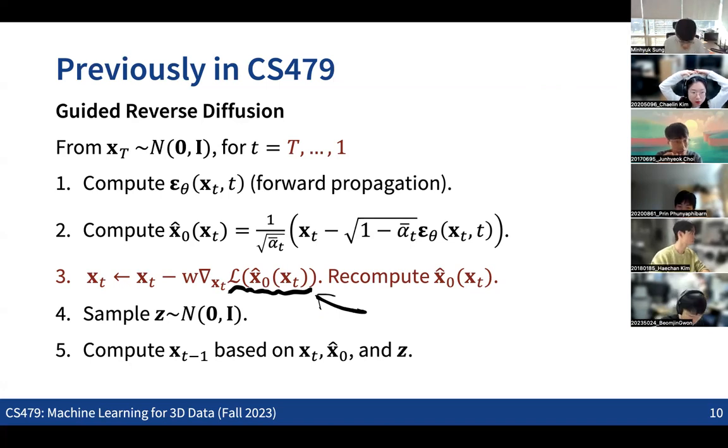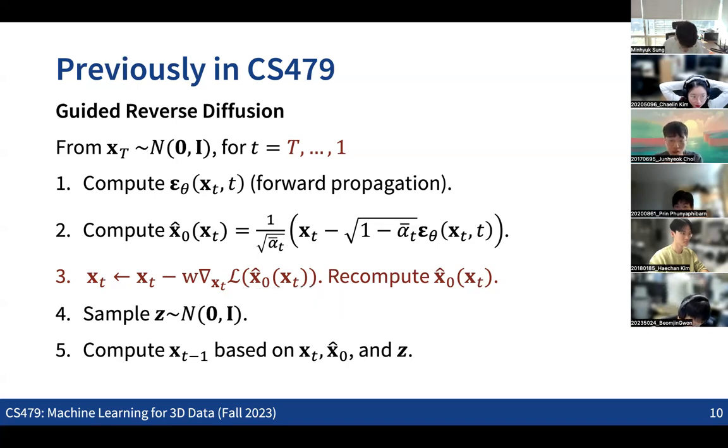So that is a way to make the texture. Those constraints can be modeled as an objective function that minimizes the difference of the images from view A and view B. We can apply this kind of loss function in the guided reverse process in a way to get consistent textures.